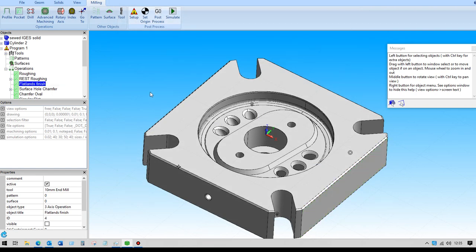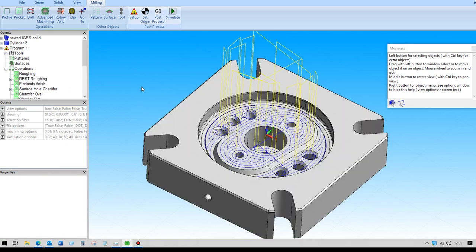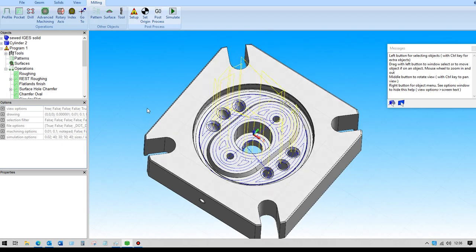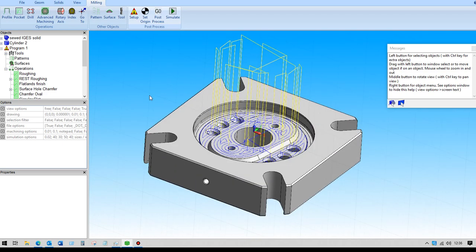Okay, so that searches for the flatlands, and if we switch that on, we can see that it's found the flat area at the top here. It's found the flat area here, and it's also found the flat area at the bottom of that hole. You'll notice how it's avoided these areas here because it doesn't need to machine them. Okay, so that's the flatland